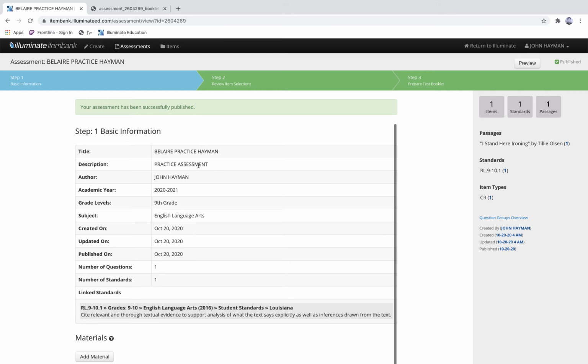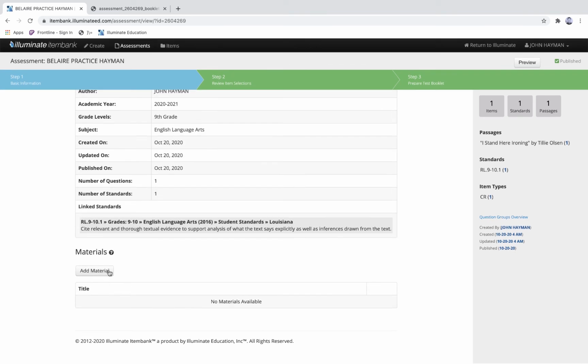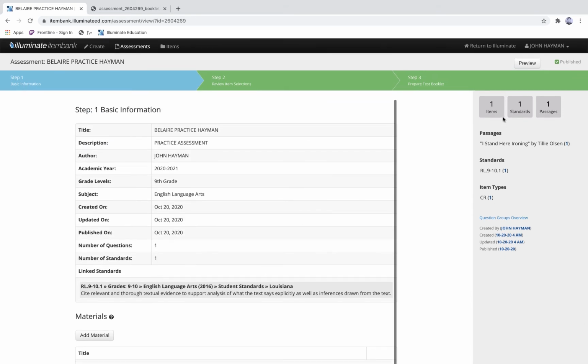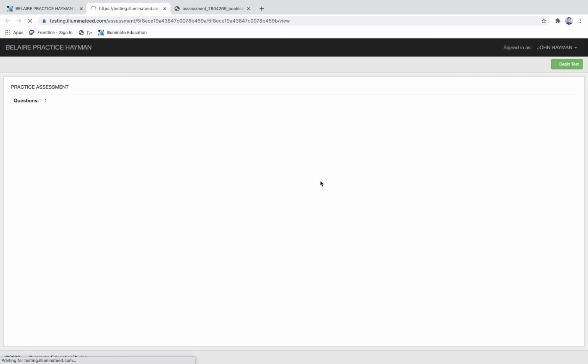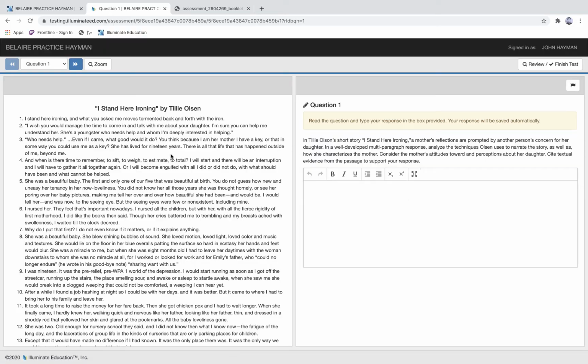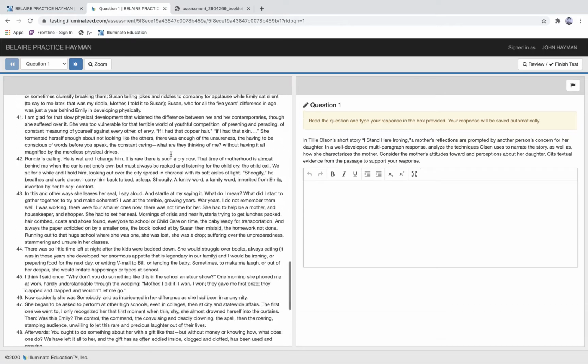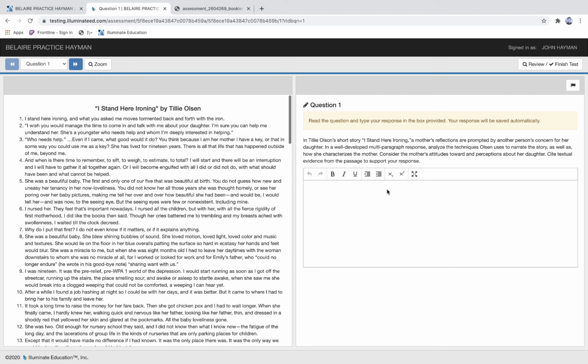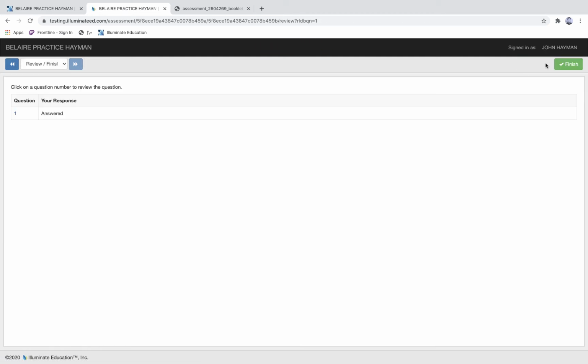It's called Bel Air Practice Assessment at John Heyman. I'm not going to add any additional materials. It's just one passage and one question. So I can go to preview. And I'm going to pretend like I'm a student and begin test. And so the students will see it like this. They can scroll through the passage on the left side and then type their answer on the right side. And so that's it. So I'm going to stop reviewing my test, click finish,